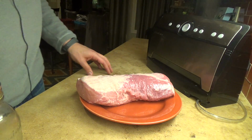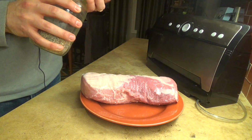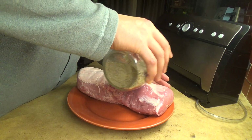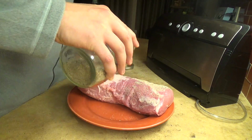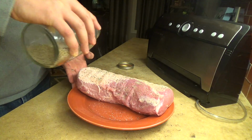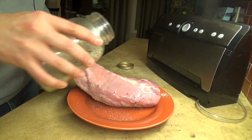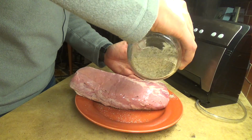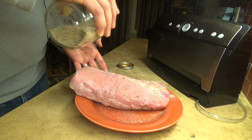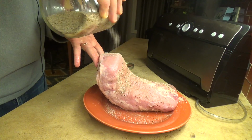Alright guys, so here we have our pork. As you can see, now I've got my seasoning. Basically what we're going to do is whenever I use a sous vide, I tend to season things pretty aggressively. And I season it aggressively and let it sit overnight, so at least overnight, so that the flavors kind of get into the pork. And to me, the finished product ends up being much better. So after we get this well seasoned, and I want to make sure and season the ends as well,